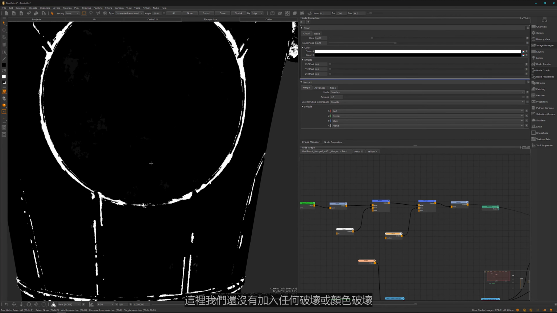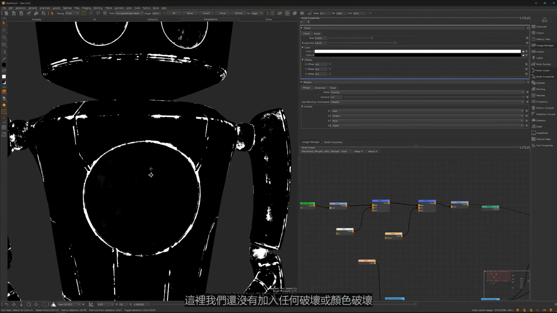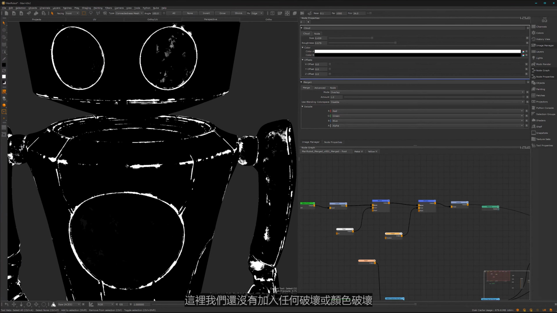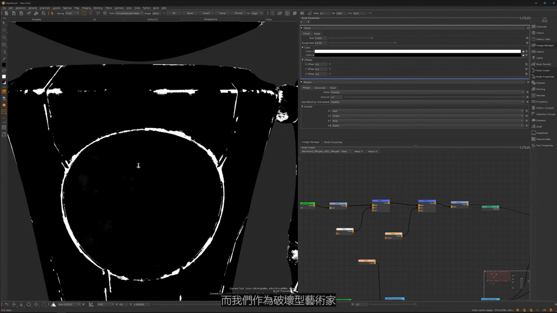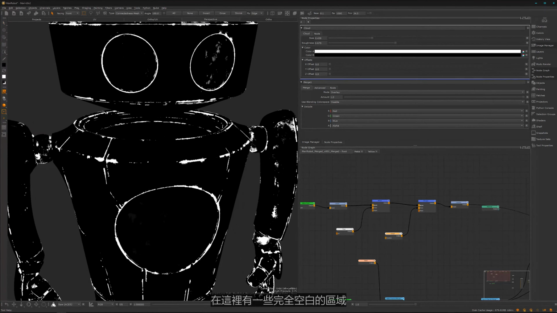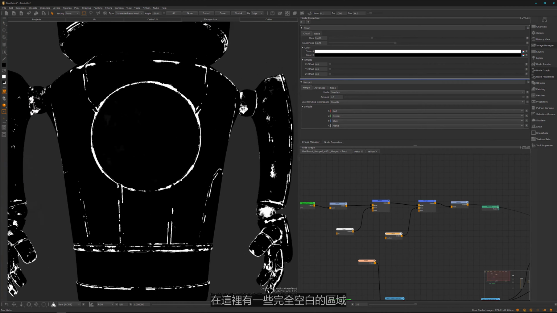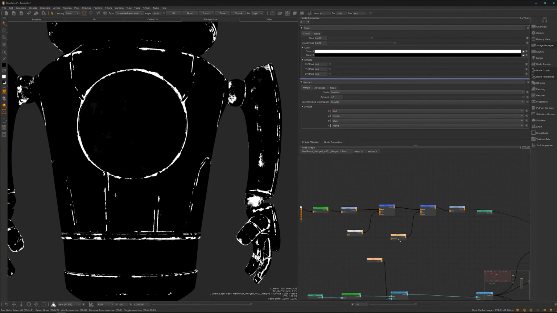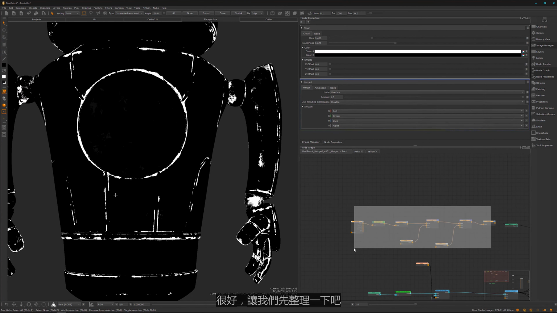So here we don't have any destruction, color destruction. So we are now our destruction artist here. So we have here some completely empty areas. That's what you are looking for. Cool. So let's